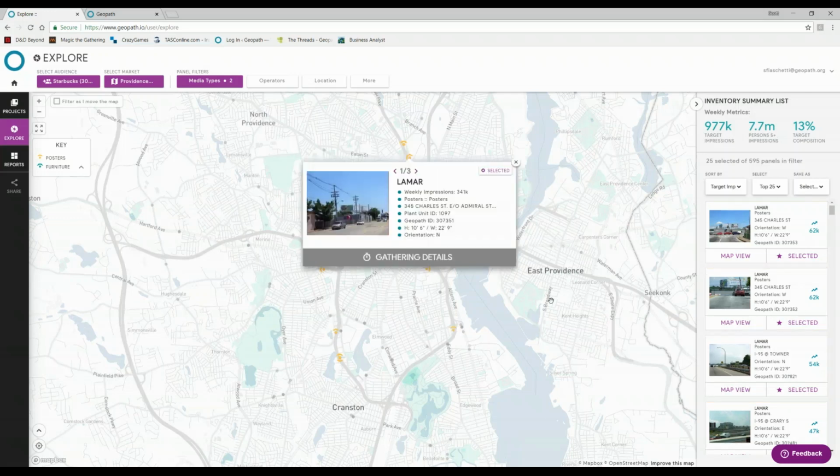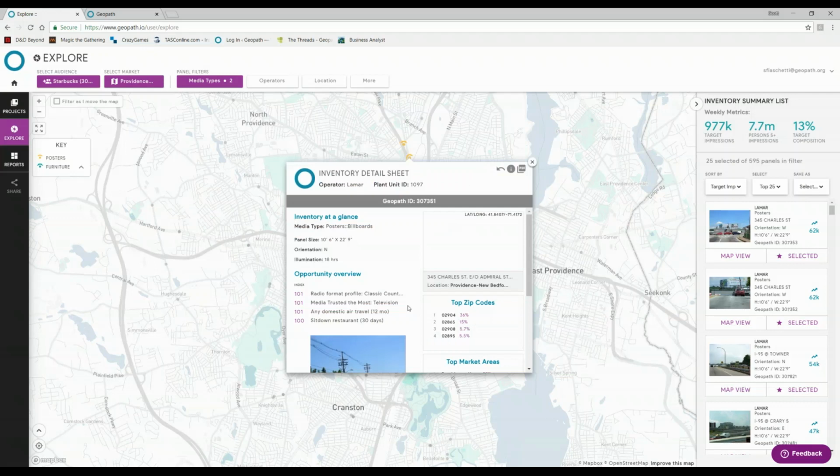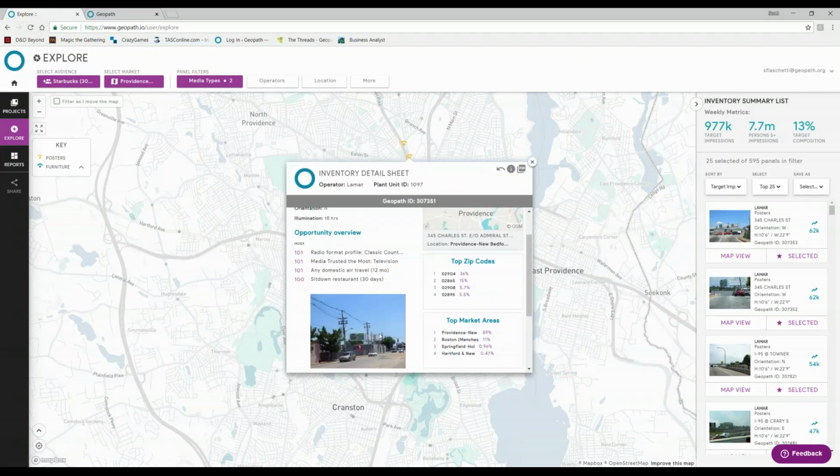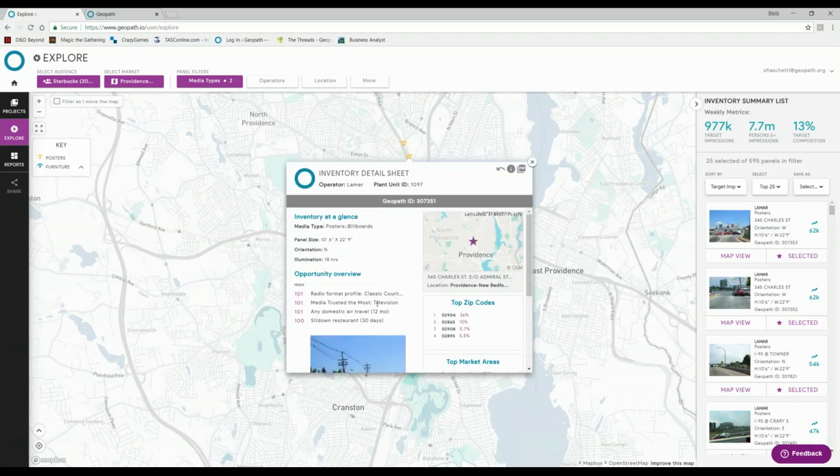Let's take a look at this one, and we'll click this in a second. It gives you a high-level overview about that poster. It tells you where it is, some unit ID numbers, height, width, orientation. Let's click here for more details. So you can see there's a photo sheet of where it is right there. It does an audience overview, so it breaks down the top audience segments,